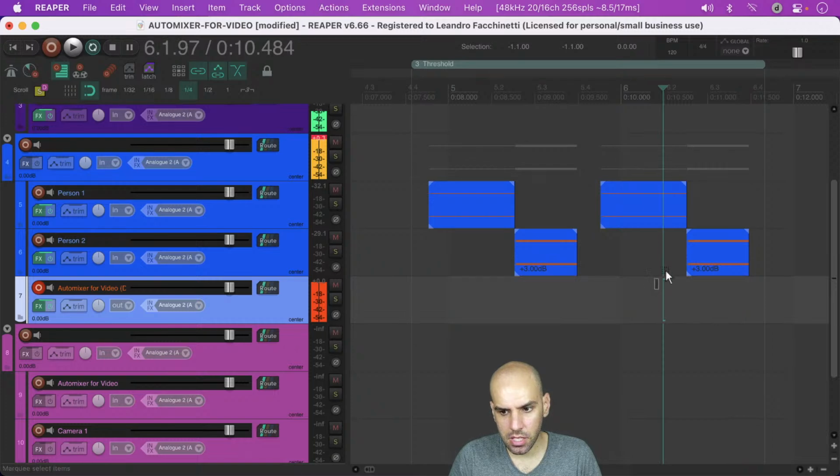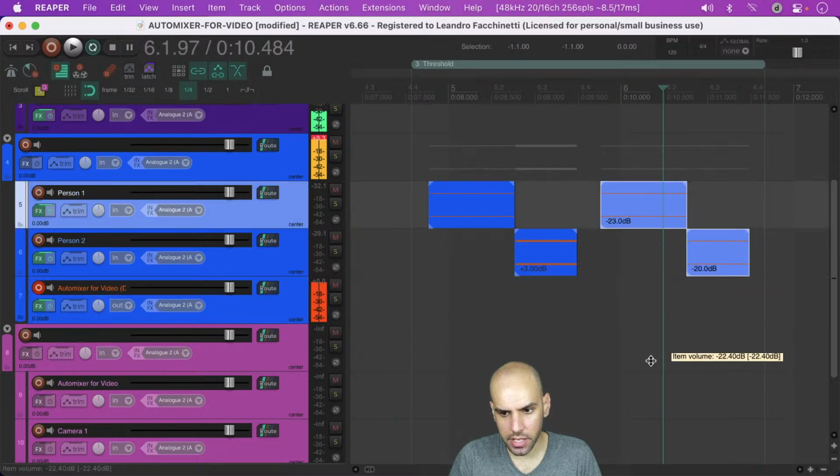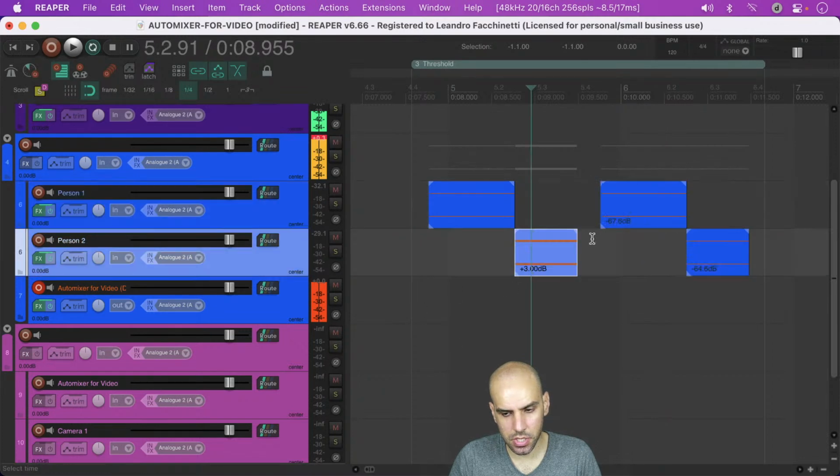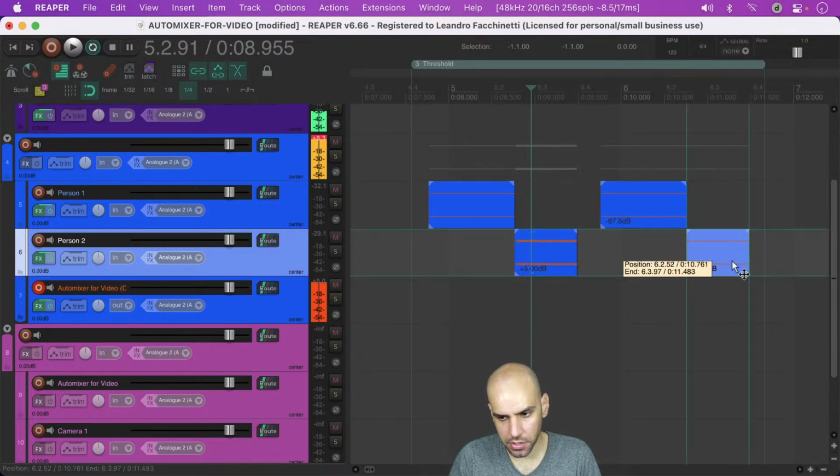But if I make this very quiet, it should be below the threshold. So it should not be doing the scene transitions. It should switch to this person and then get stuck, even if there is signal here.